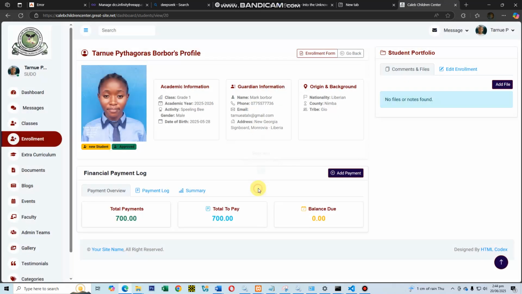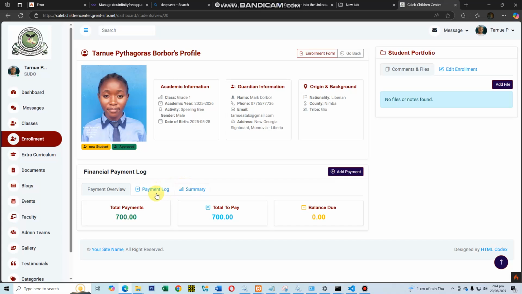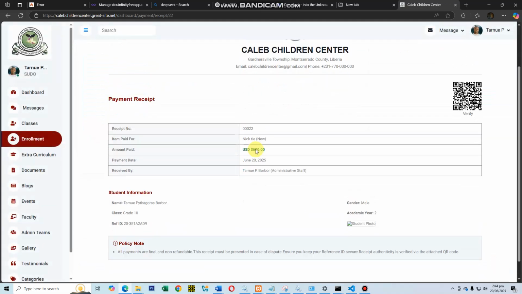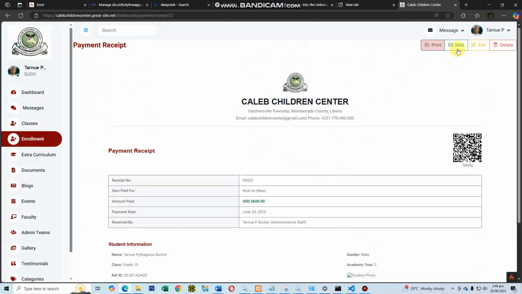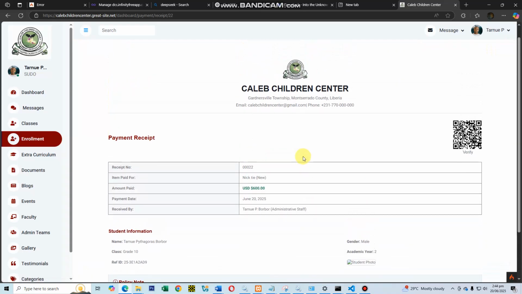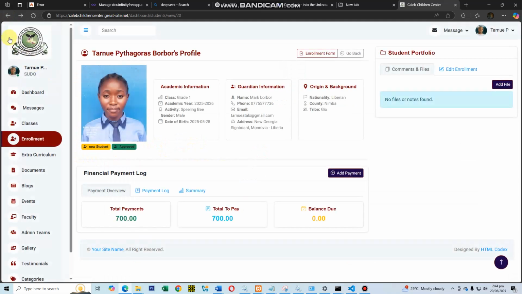There you have it. Next, anytime they make a payment, you can come to the payment log. You will see the number of times they paid and all the things they paid for, and you can click receipt. Once you see the receipt, you can print it from here, send it as an email, edit the receipt, or delete it. Deleting depends on the kind of account you are logging in with. If you're registering somebody as a registrar, they get a certain type of account, which we'll discuss. Now, if we go back to the class,